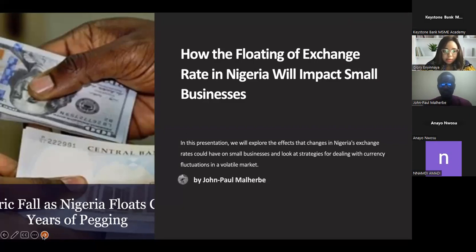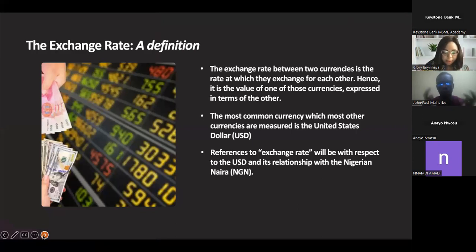In this presentation, we will explore the effects of the changes in the exchange rate policy and how it will impact businesses. So let us begin. Most small business owners, everybody has heard about exchange rates. What is the exchange rate? Simply put, the exchange rate is